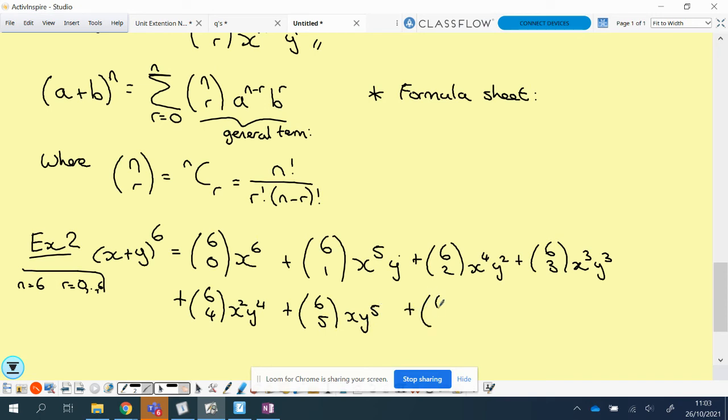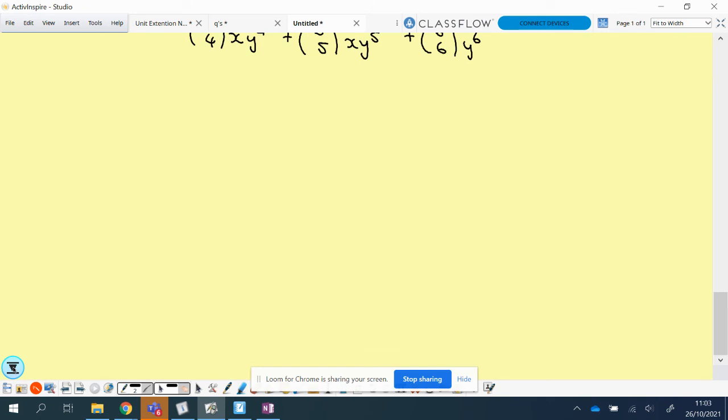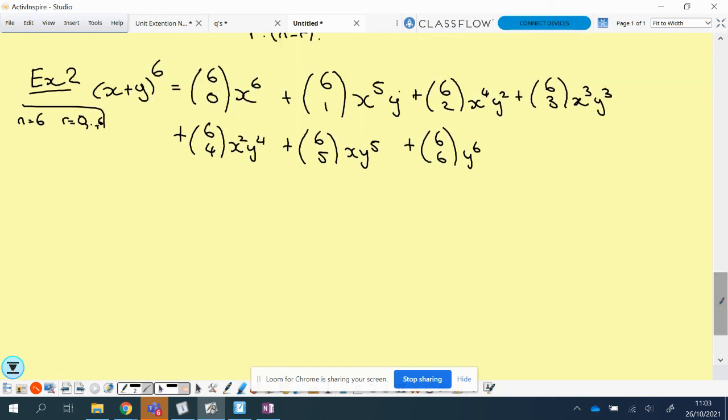Plus 6 choose 6. No x's left because it's a power 0, which means it's 1, y to the power 6. Okay, so I did not have to break brackets at all with that. I just used the theorem to write down each general rule, and I'm adding it up as I go along. Okay, so the only thing I need to do now is